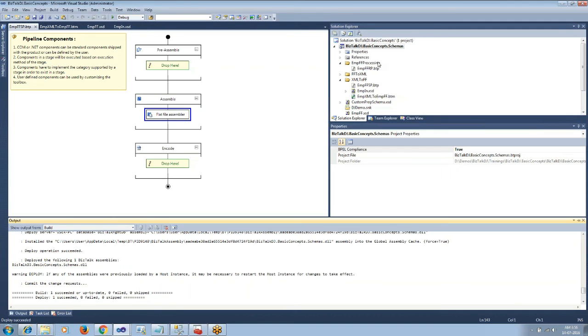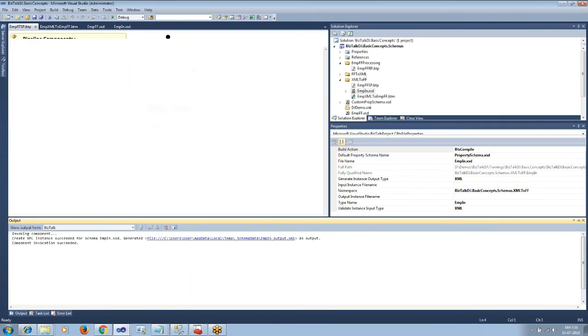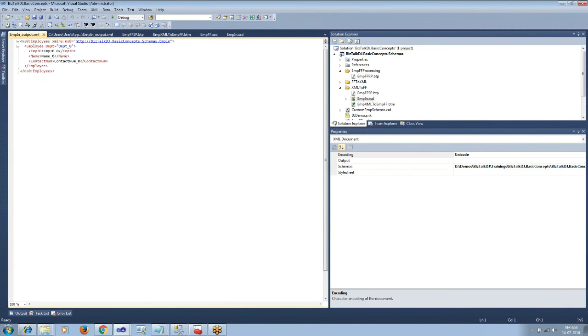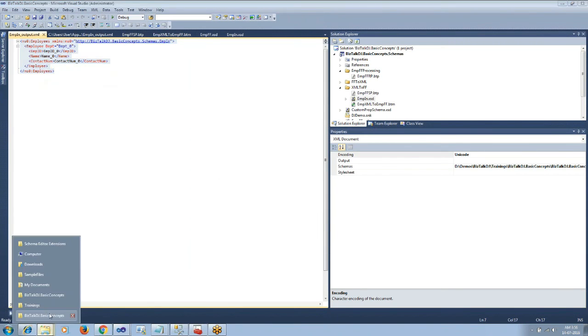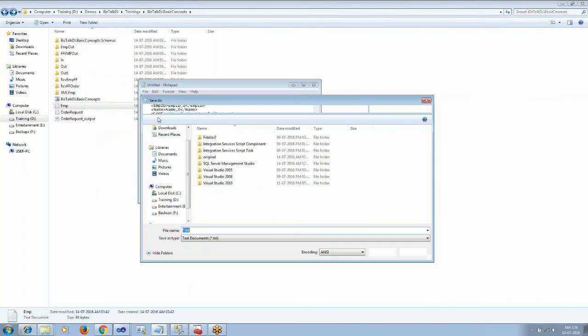I will create an instance of the employee XML schema, and we will use this for processing the employee file.